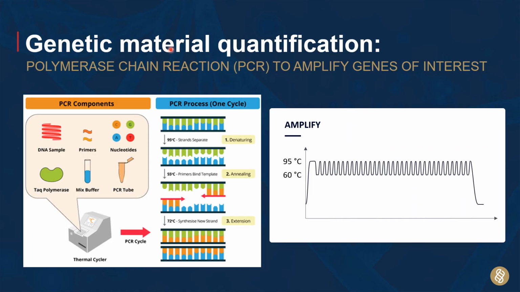If you look at the process of Crystal Digital PCR, we can see that it requires the same basic components as you would require for any endpoint or real-time PCR reaction. Most notably, the DNA sample, which is your backbone or target of interest that you're amplifying from. You would need gene-specific primers and probes to target a specific region of interest. Of course, the nucleotides to do the building of the new strand of DNA, the Taq polymerase to do the synthesis, and of course then the PCR tube and the buffer environment for the enzyme to be able to function